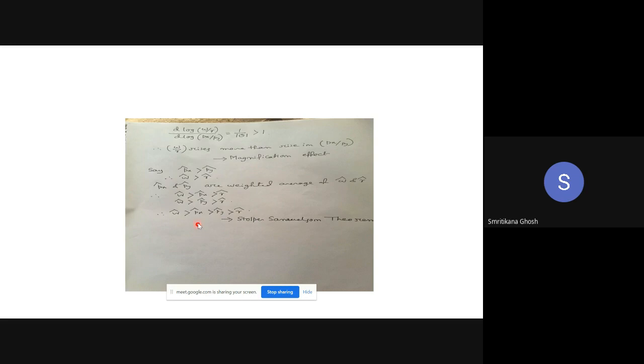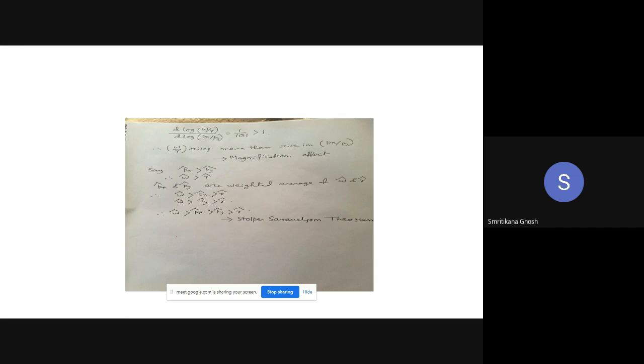Look, Px hat is greater than 0, and there is no change in Py. Px hat is greater than 0, that means Px is rising. There is no change in Py. The price of Y is unchanged, but the price of X is rising. Then what will you get? Do you get my point? What I am trying to say to you? Say Px hat is greater than 0, but Py hat is equal to 0. That means there is no change in Py. The price of Y is unchanged, but the price of X is rising.